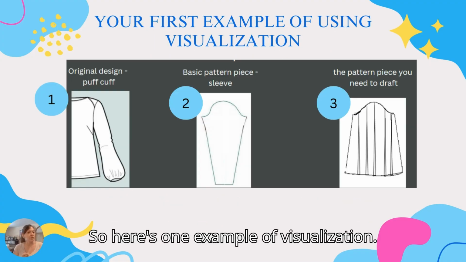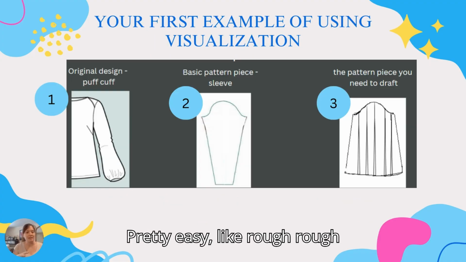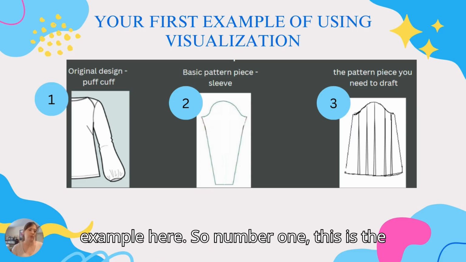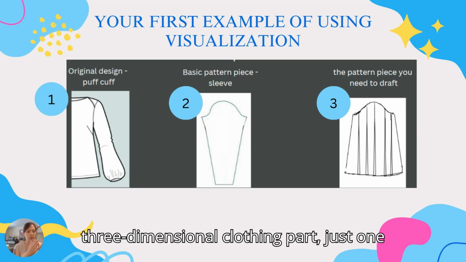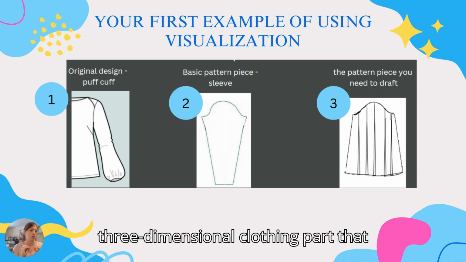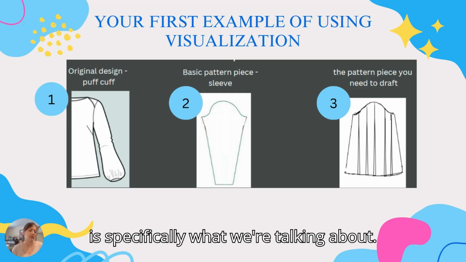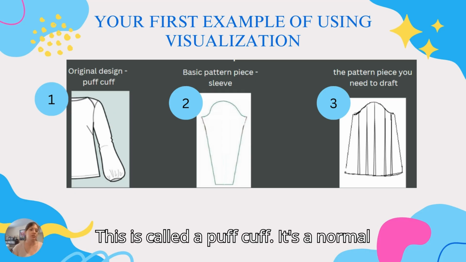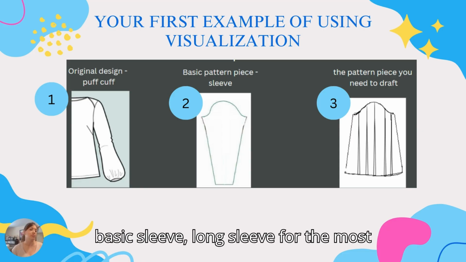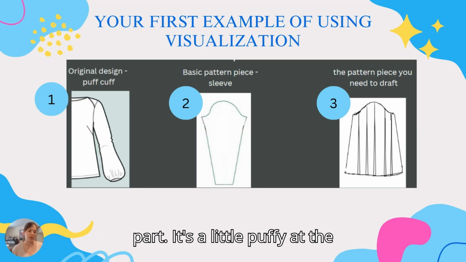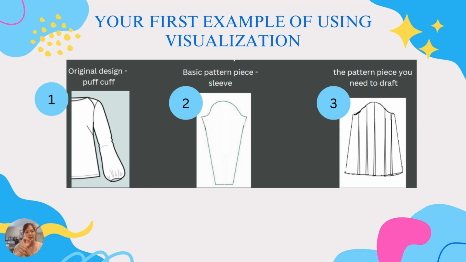So here's one example of visualization, pretty easy, like rough example here. So number one, this is the three-dimensional clothing part, just one three-dimensional clothing part that we're going to talk about. Sleeve is specifically what we're talking about. This is called a puff cuff. It's a normal basic sleeve, long sleeve for the most part. It's a little puffy at the wrist. So in order